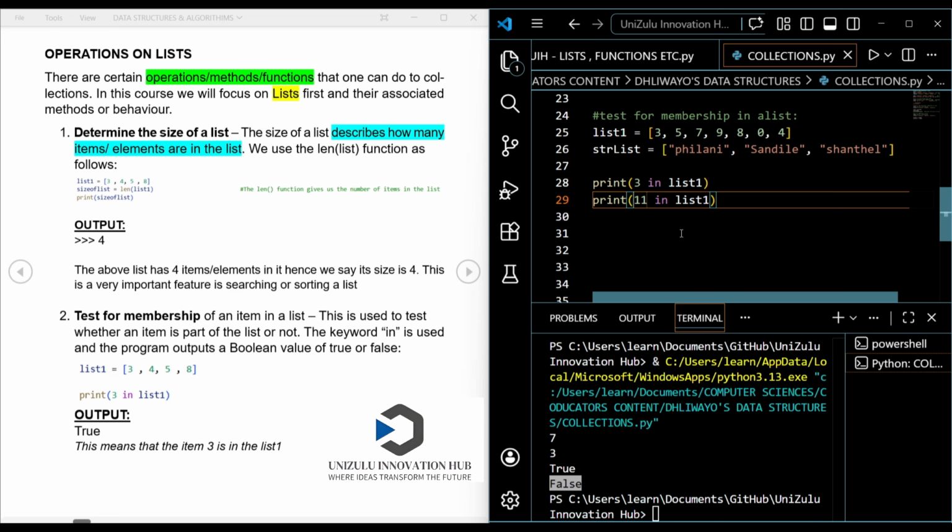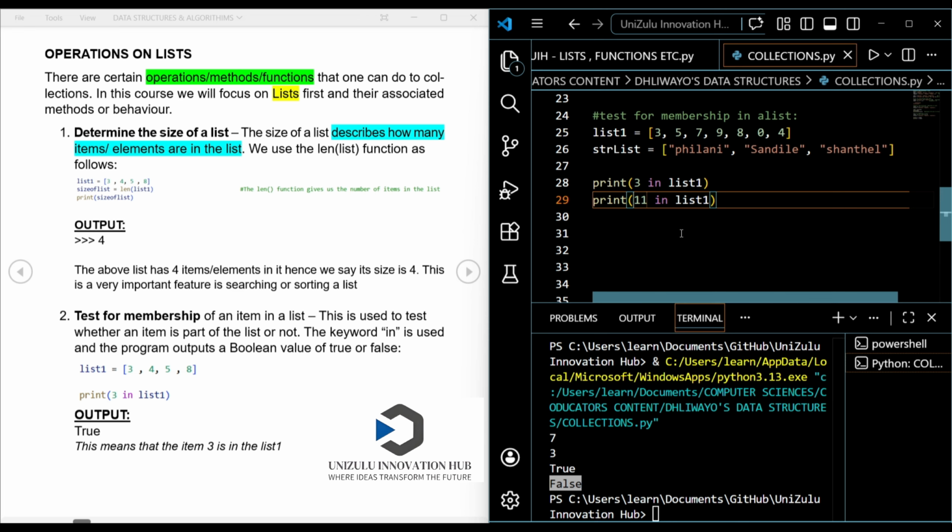This can be used so much in real life. For example, when you've got a spreadsheet with a list of names, let's say you want to find your marks and there are 400 learners on the spreadsheet. You use the search button. When you search your name, if you are in the list, we are going to be able to see you. If you are not in the list, we are not going to see you. Do you get the sense of where this applies? The logic is the one used for us to see whether an item is found in a list of items or not. I hope that makes sense.